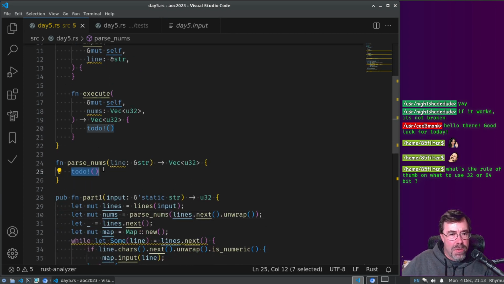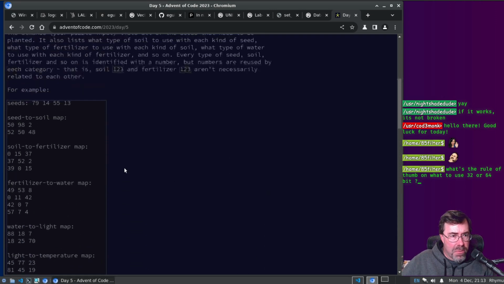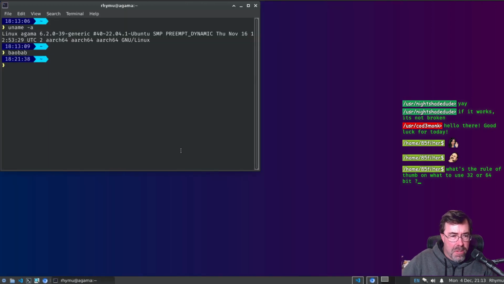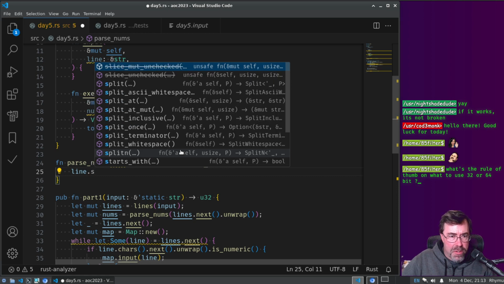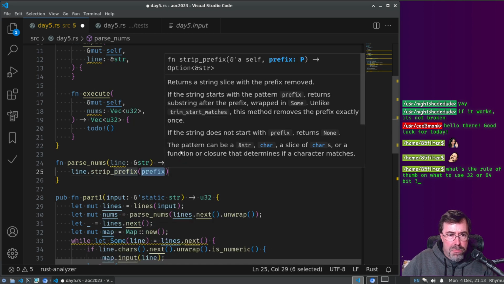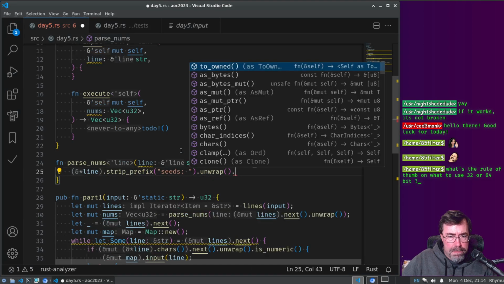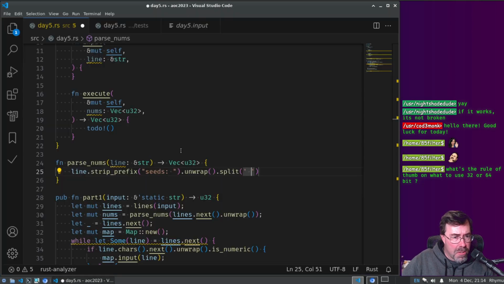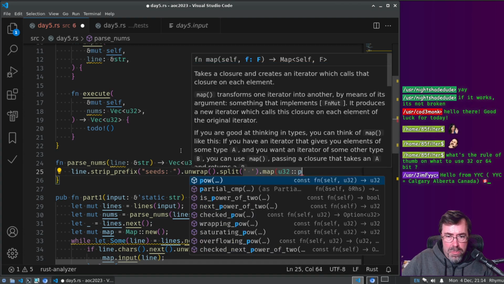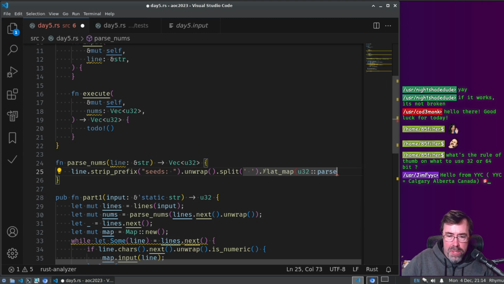Okay. Parsing numbers. First off, we want to discard the prefix. So we can just say line dot strip prefix seeds unwrap, and then split on space, and then map into u32 parse. Actually, flat map. I learned that this morning.